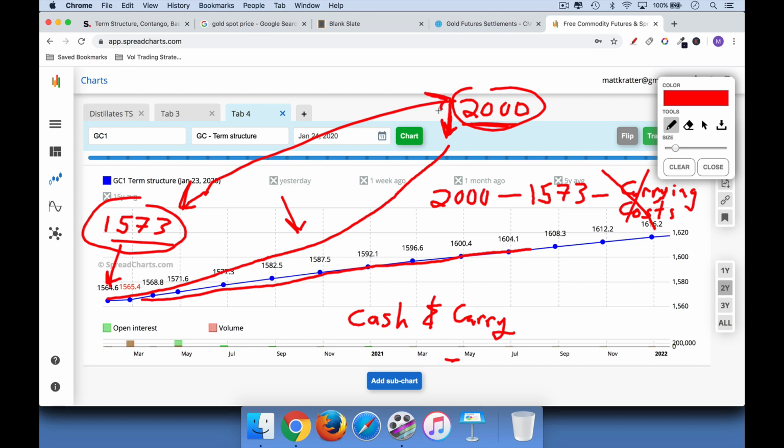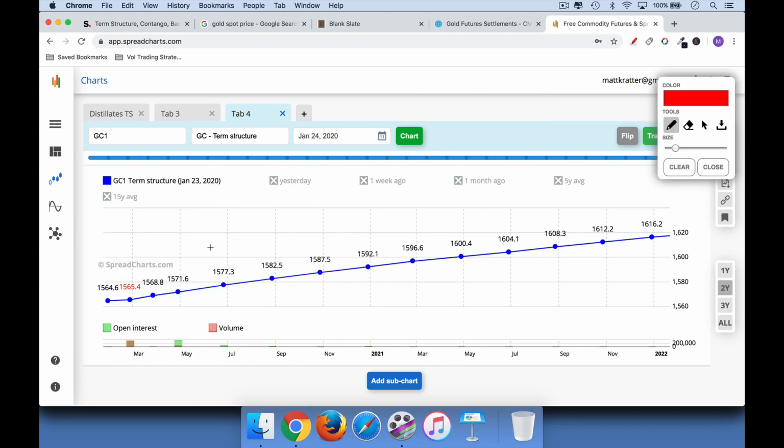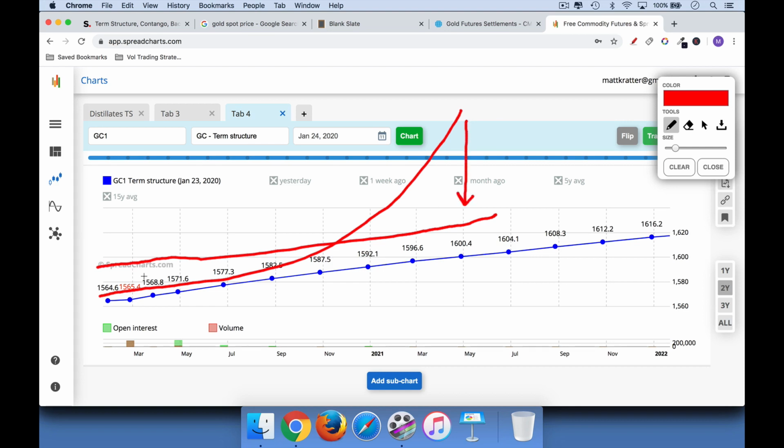And so what does this do? How does this affect the curve? Well, let's redraw our contango curve here. So we have normal contango, then we have severe contango. What happens if people are doing this cash and carry strategy? They'll be buying on the front end, which will drive up prices at the front end. They'll be selling to lock in that spread further out. As a result, you'll have buying pressure at the front of the curve, selling pressure at the back of the curve. And when the curve used to look like this, it's going to begin to maybe look like this. And so the back end will come down, the front end will come up.